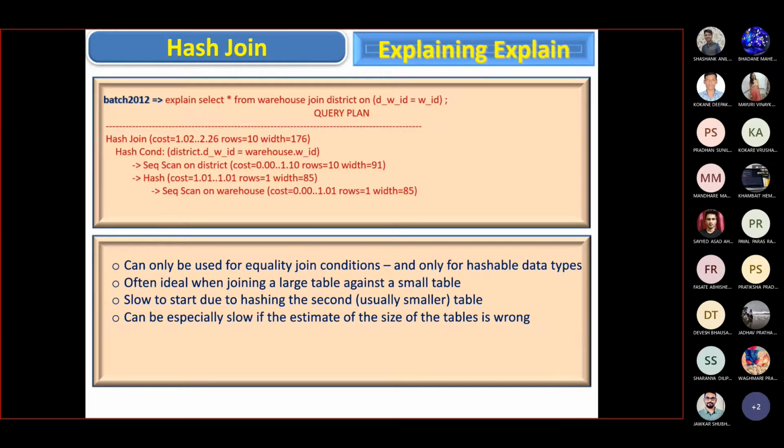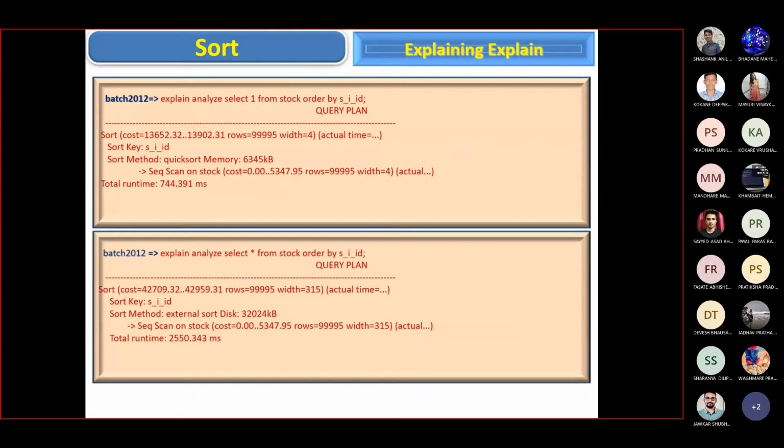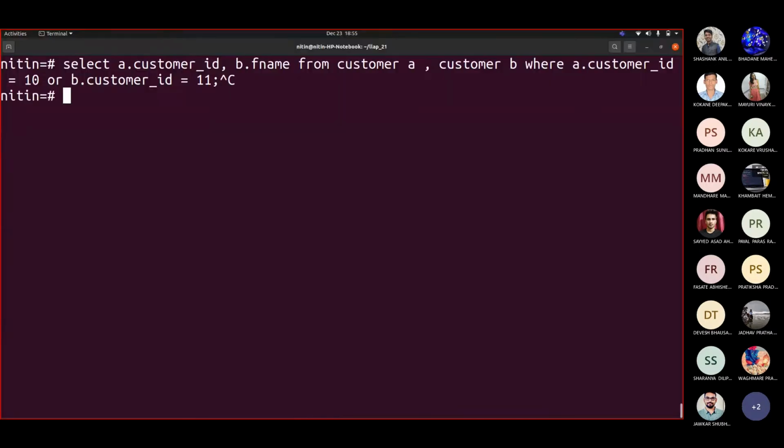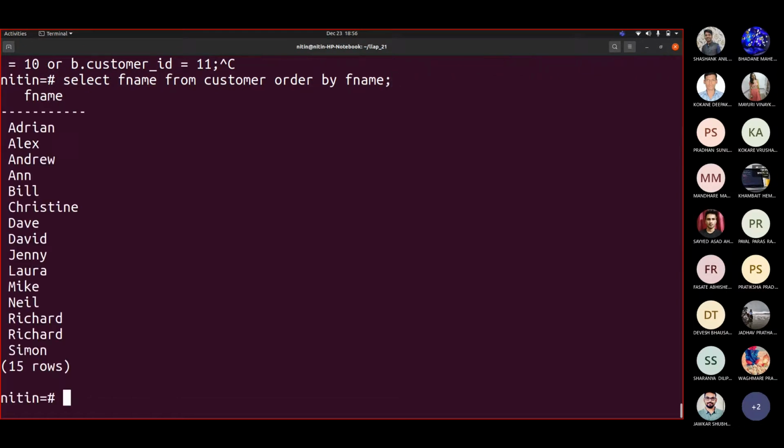Fine. Okay. So we also talked about sorting. Suppose I write select app name from customer order by app name. Correct.